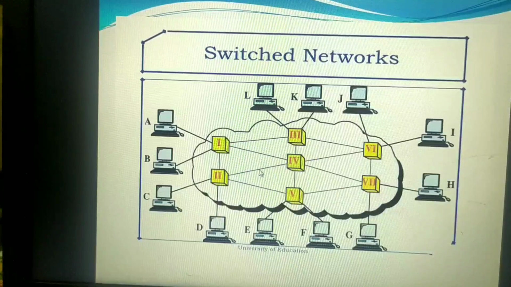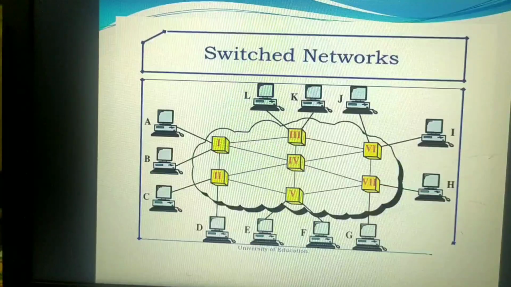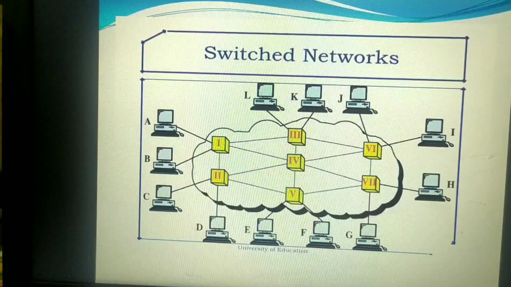I can give an example. If I want two computer systems to connect with each other, I need not have any network device. Only a single cable is enough. One end of that cable is connected to one computer, the other end is connected to the second computer, and after they are connected, they can easily exchange information. What if I have 50 computer systems and all 50 want to communicate with each other? Can a computer have 49 wires to connect to the different computer systems?